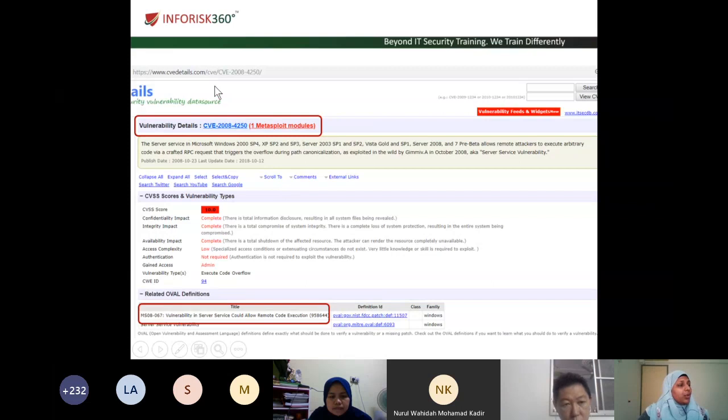Here I'm showing you how to search for a particular option. You can go to the search box and look for a vulnerability. The main reason we look for this is to know which target operating system or platform is vulnerable to the particular item. As you can see, the vulnerabilities are listed here, and how the attack works, all those things we can find. And most of the vulnerabilities actually have